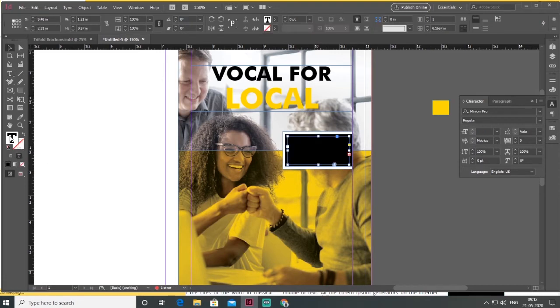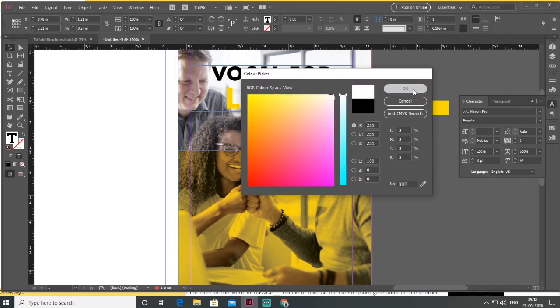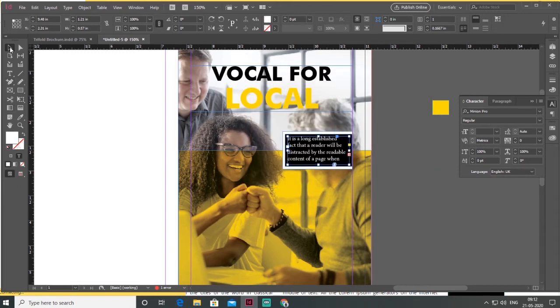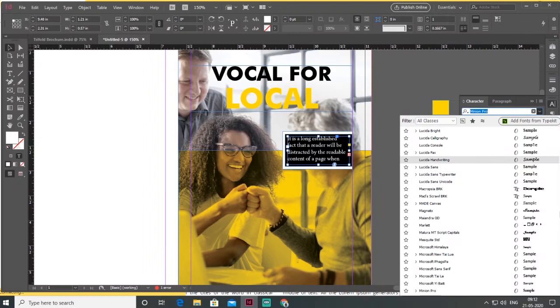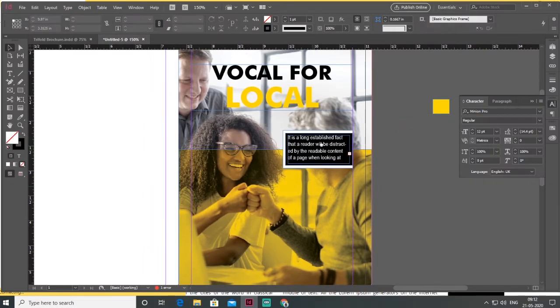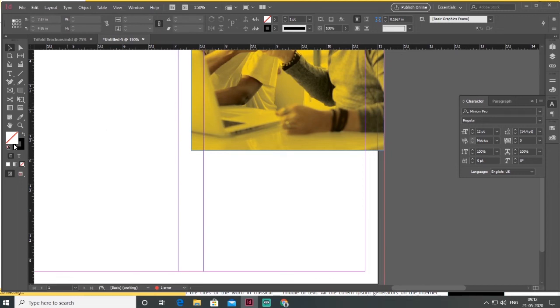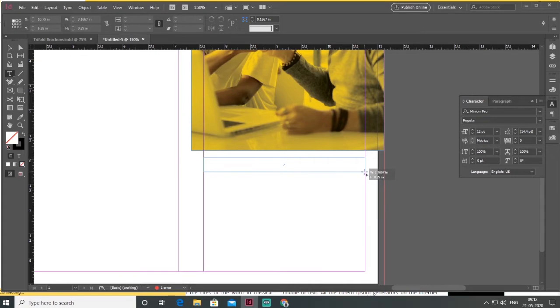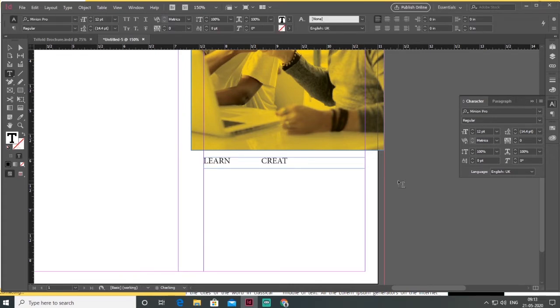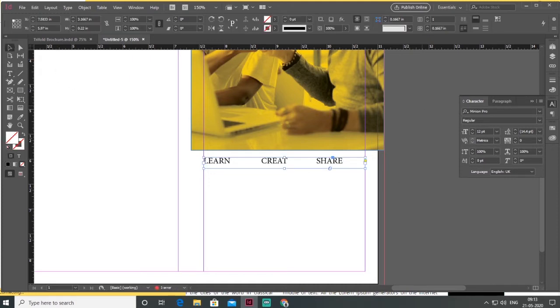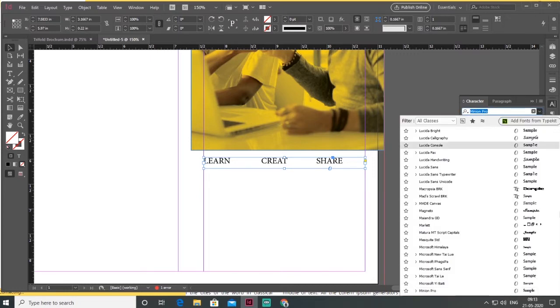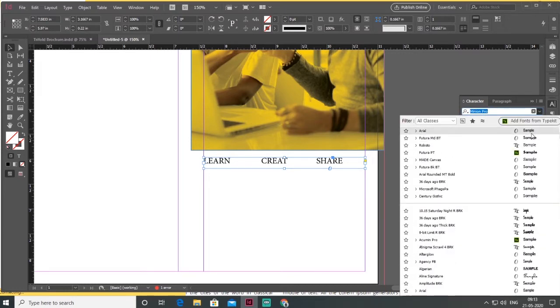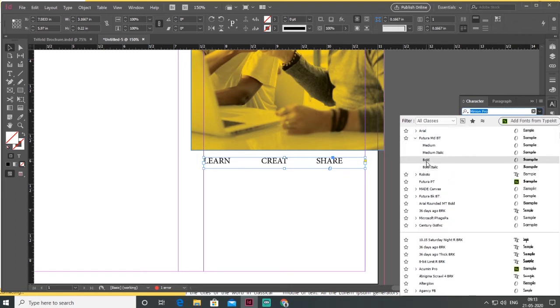Then I change the text color into white and I want to change my font face into Arial Narrow. Then here I make a text box, and I select the text box and change the font face into Futura Bold.